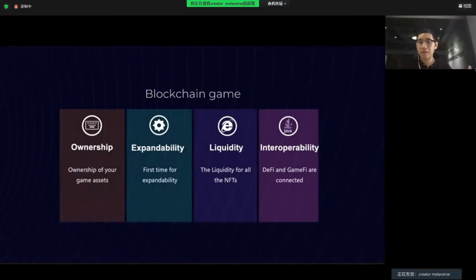games, we see everything, or maybe not everything, but we will see the key objects such as NFTs, the tokens, and the key game logic. They are on the blockchain, and that will be helpful for the users and the communities to expand by their own designs, and that will be high expandability for blockchain games.